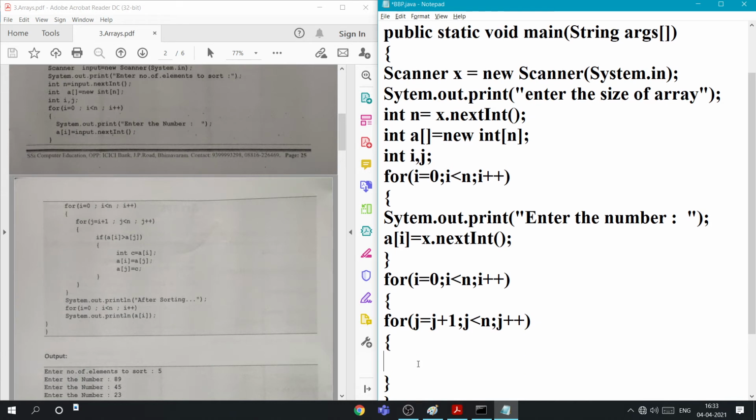Now, if the present number is greater than the next number, that is a of i greater than a of j, we need to swap. So the largest number will go towards the right side and the least number on the left side. When you write that array, it will be from lower value to higher value.